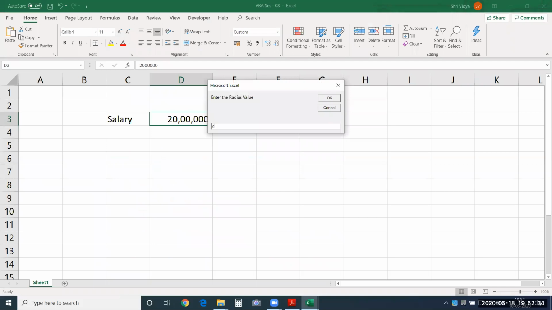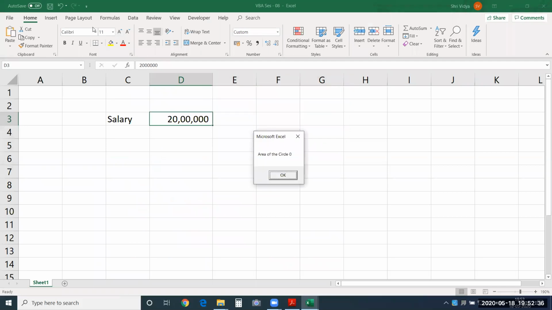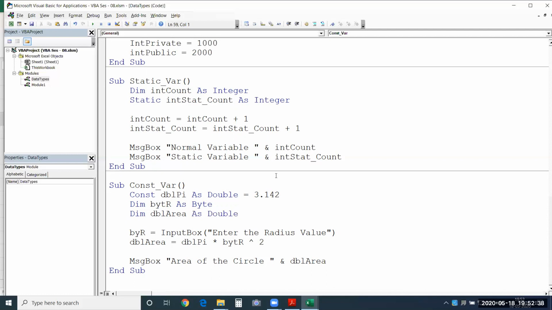I'll give any radius value here. You look at it, the area of the circle is still 0. Reason, see, this will be considered as a different variable, and the one that I've used will be considered as another variable. Now I should be able to identify it, or it should at least throw me an error. This doesn't happen because I have not provided option explicit.